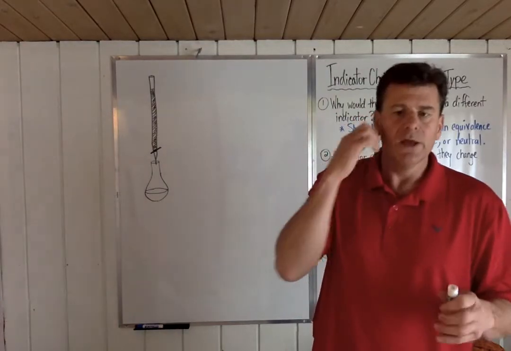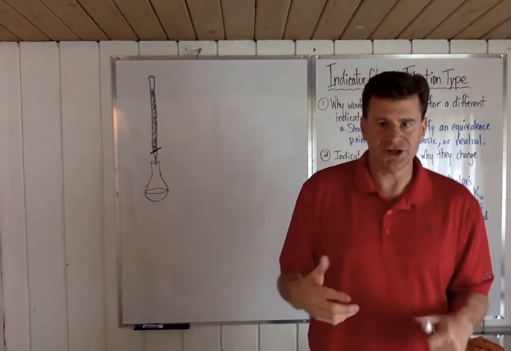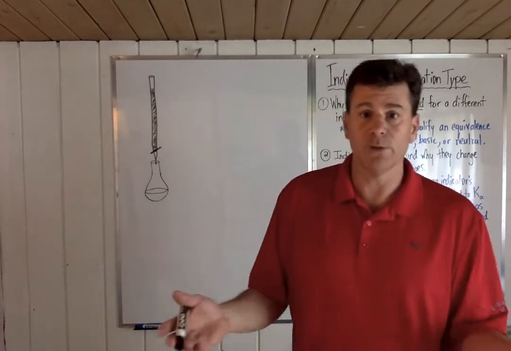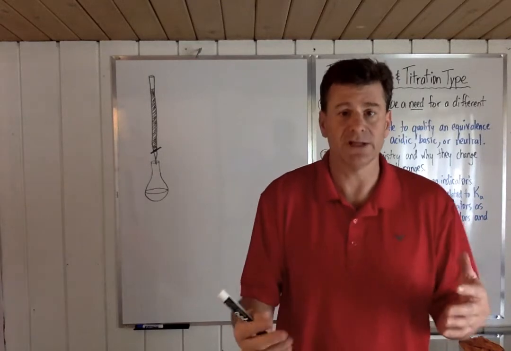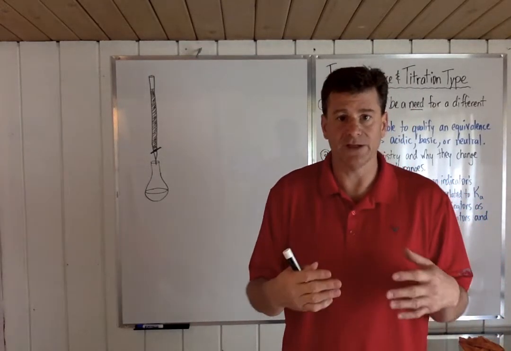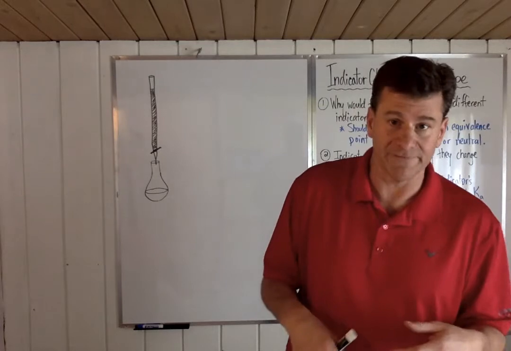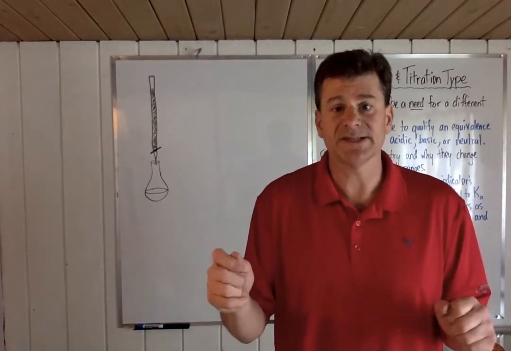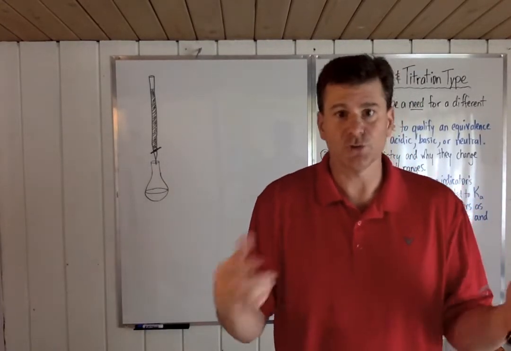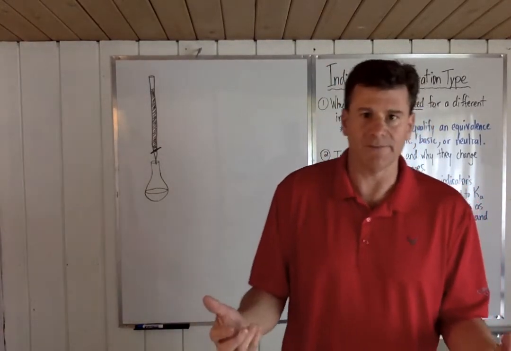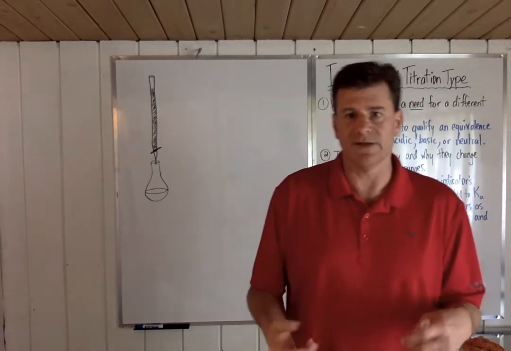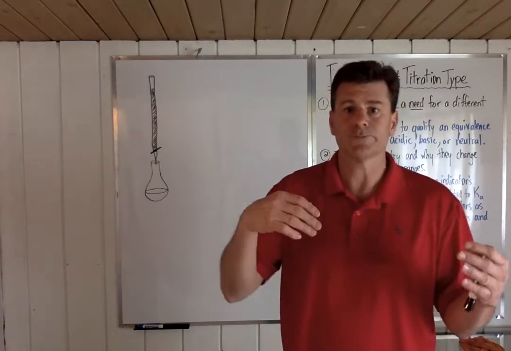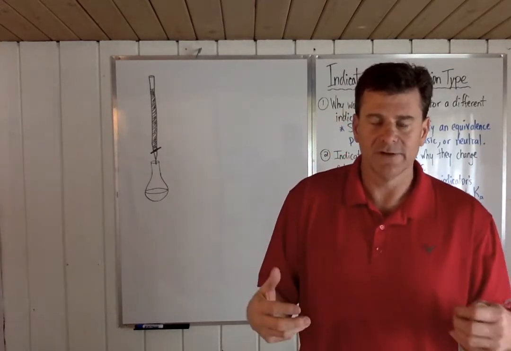Okay? One of the critical components of a titration is when you mix these two things, you're going until you hit the equivalence point. Okay, so the equivalence point being that point where stoichiometrically the acid and the base have perfectly reacted and you have no excess of either one of them, right? And so the burette allows you, because it's got a very sensitive valve on it, you can control it drop by drop, and you can actually stop the addition of one reactant to the other whenever you want in a controlled fashion. So when you get to that equivalence point, or in that neighborhood,